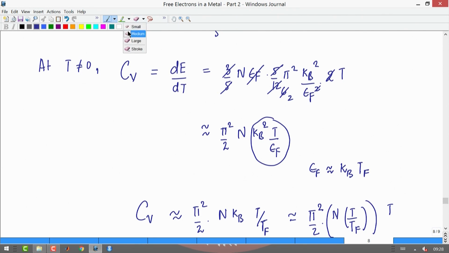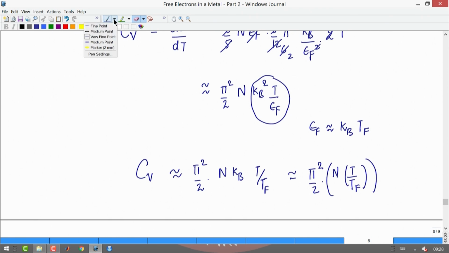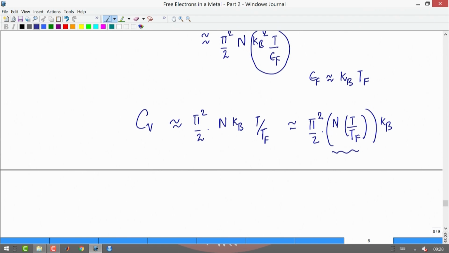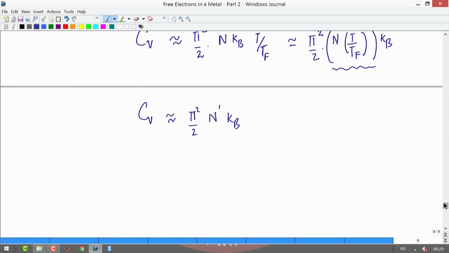Yeah, entire thing times kb. Okay. So, this factor here is an extensive factor. So, I can call my Cv now as pi square by 2 into some n prime into kb, and I am going to call this n prime here as the number of electrons